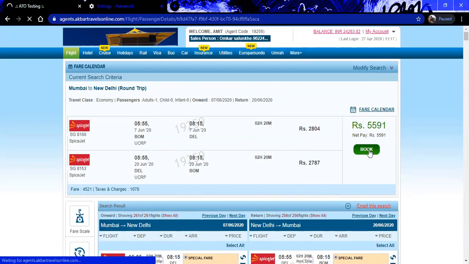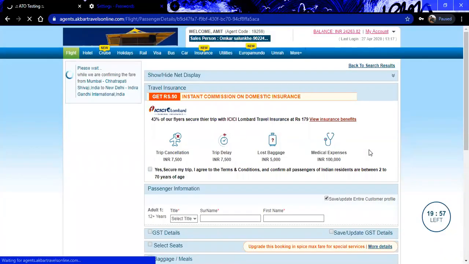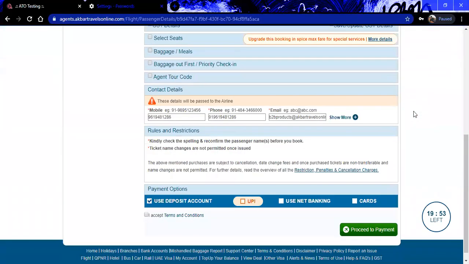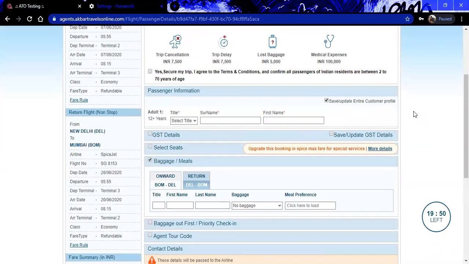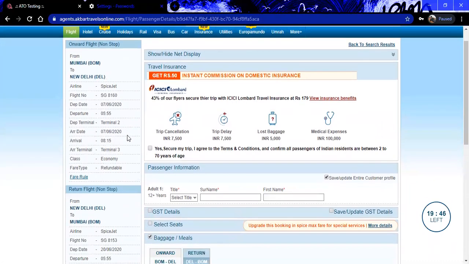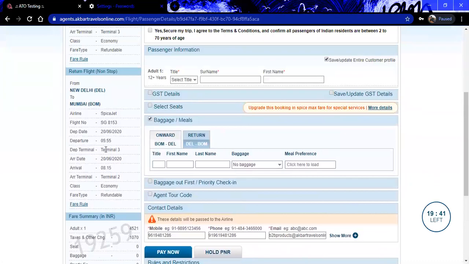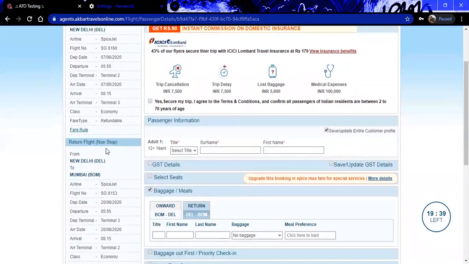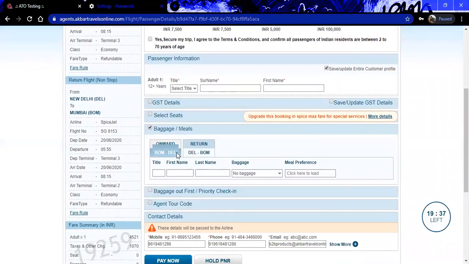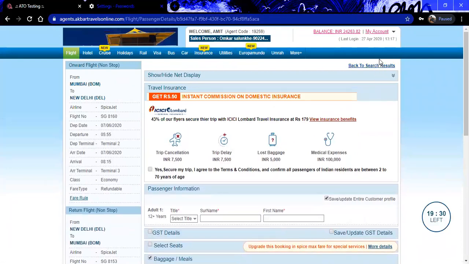This will be coming down to again a pricing page, which I showed a few minutes earlier. Okay, in a similar way, we process the booking. You have to select the details accordingly and go ahead. Only the thing is that that was for one way, and this is adding both the one way and round trips way, the onward and the returns. Accordingly, the selections for the baggages changes over here. Okay, seat selection also changes accordingly. Okay, you can proceed the booking from here itself.